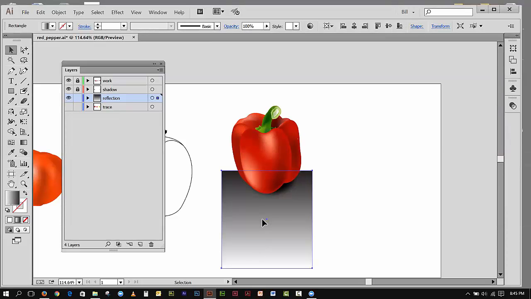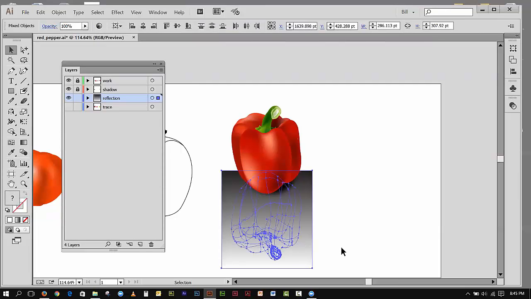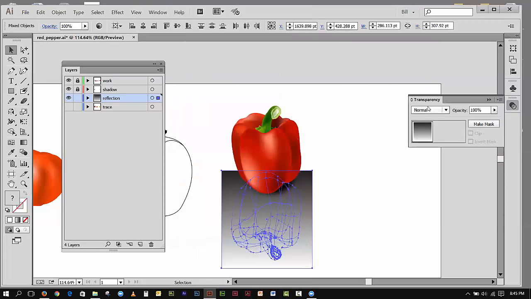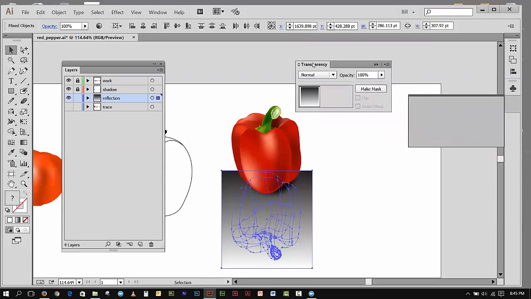Make sense? Okay, is it making sense so far? Yes. So I'm going to select, now remember, I got those two layers locked, so the only thing I can't mess with those things, but I can select all of that. You see, I got all of it selected. Go to the Window menu, go to Transparency, and bring the transparency panel